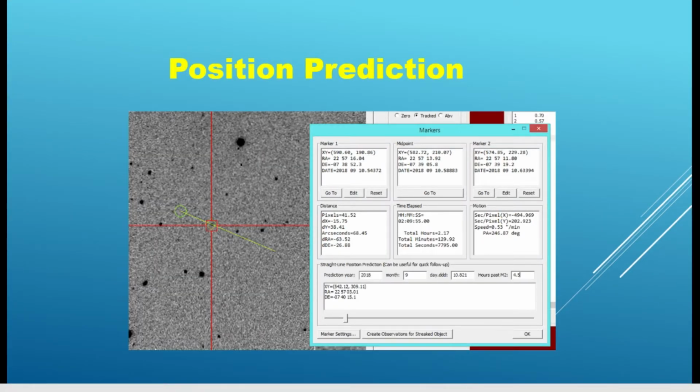Okay, so this next item is a straight line position prediction tool, and the motivation behind this feature is that someone had detected a near-Earth object and they were not sure if it was a new discovery or not, so they wanted to be able to follow it up next evening, 24 hours later, to get some additional observations on it. And so they plugged in their measurements into an ephemeris tool, and they were not able to recover it